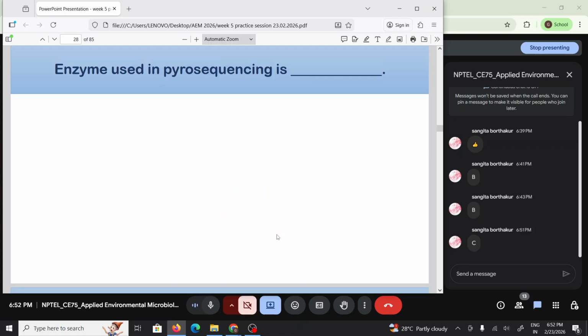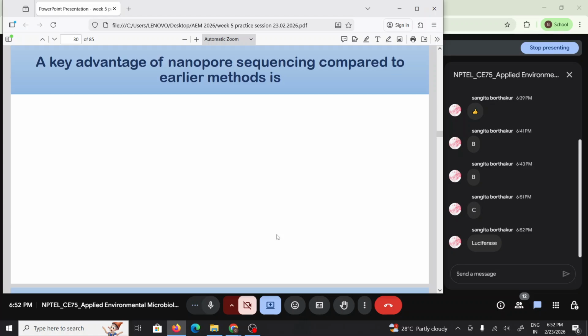so this reaction drives the conversion of luciferin to oxyluciferin with the help of a luciferase enzyme. The enzyme used in pyrosequencing is luciferase. Exactly. Okay, so next we talk about nanopore sequencing,